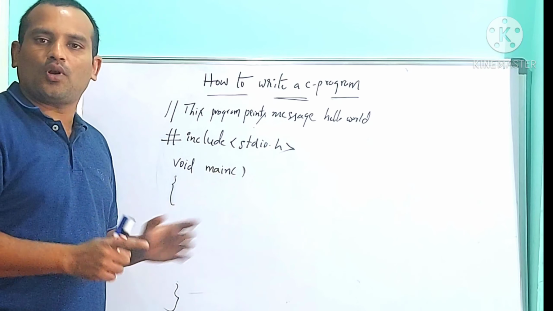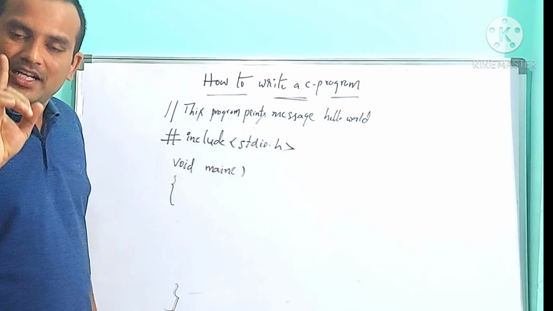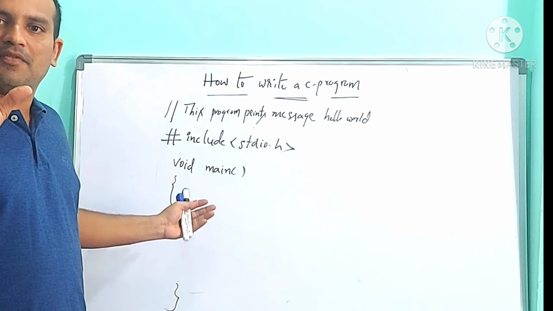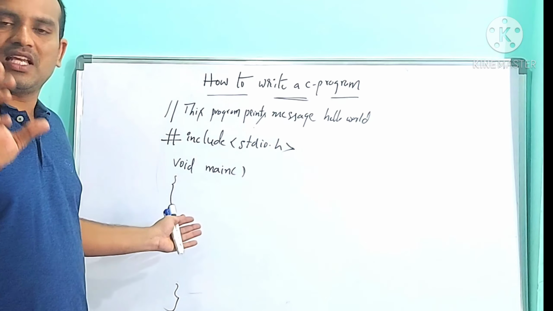Without the printf function, we cannot see the output at the output screen. So in every C program, we must use at least one printf. The printf definition is available in the header file stdio.h, so the corresponding header file must be included by using hash include. Then the third step is the main function. Without the main function, we cannot write a C program because the main function represents the start of a C program.